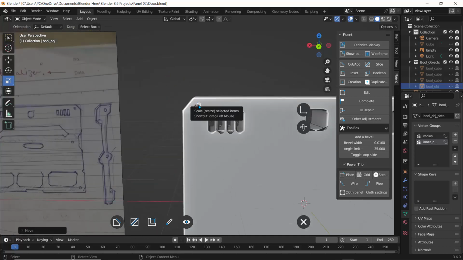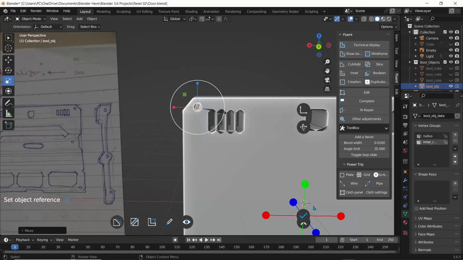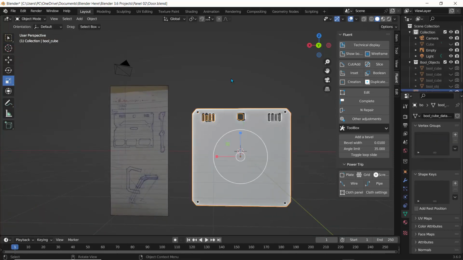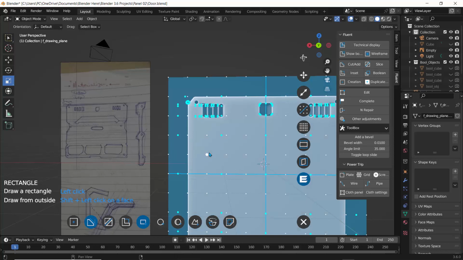So what I can do is just right click, and here we'll do mirror. So mirror along X and the bottom axis, so we can have 4 of this, and I'll just right click to validate that. So we have those 4 holes punched in here. So what I'll do is to create the cut right here, this one. So to do that, let's go to cut add, right click on the shape, and let's just draw a rectangle. I'll just draw a freehand